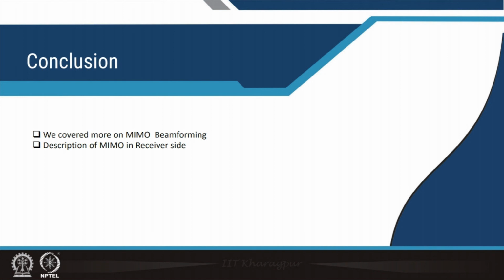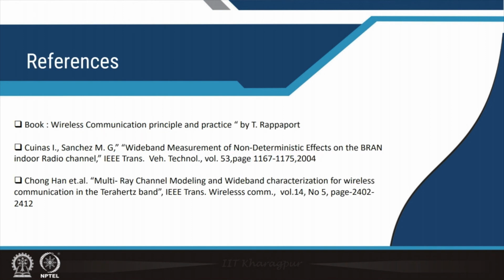Okay. Now, I stop the class today here, and in the next class I extend the same concept for the MIMO case, whatever we have discussed on the transmitter side. Now, we have already started the receiver side. Now, this is for a single X_n case. Now, if I have multiple X_n, if I have X1, X_n, multiple such X_n, what will happen to that? That will be explained in the next class. Okay. So, in conclusion, we have completed this, and the reference will be the same as what we have.